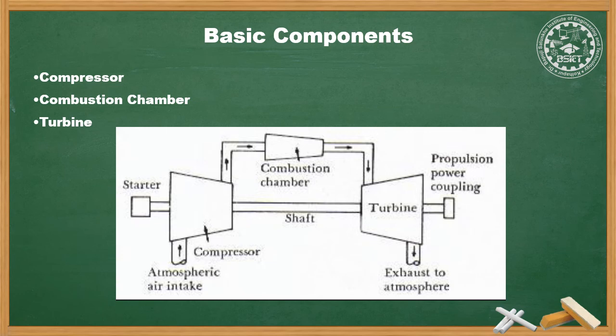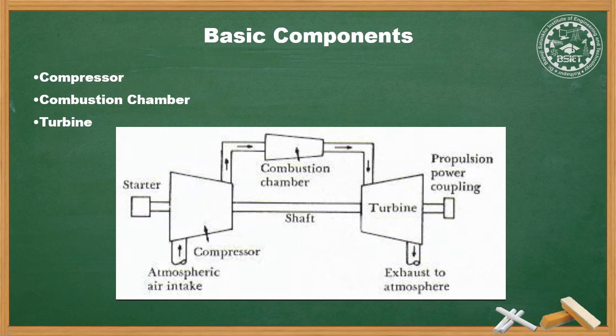The combustion of the fuel takes place in the combustion chamber, and the energy of the combustion is used in the turbine to develop the power. Propulsion of power is obtained through various couplings. The basic components or elements of the gas turbine are the compressor, the combustion chamber, and the gas turbine or turbine with intercooler or regenerator as an auxiliary.